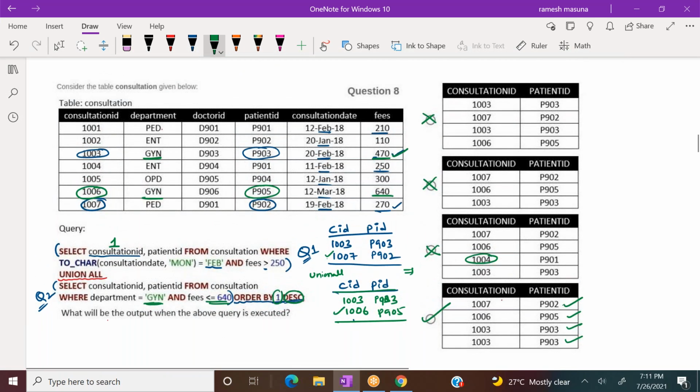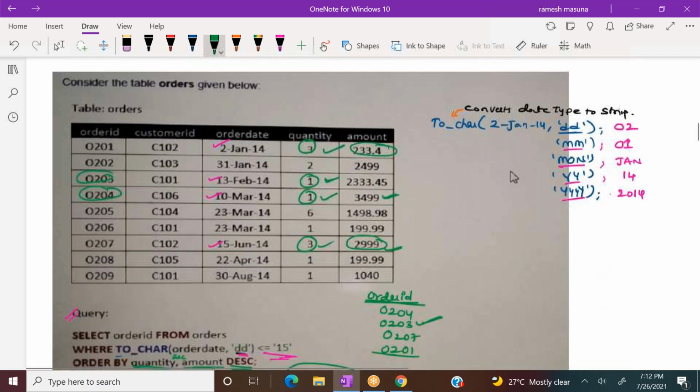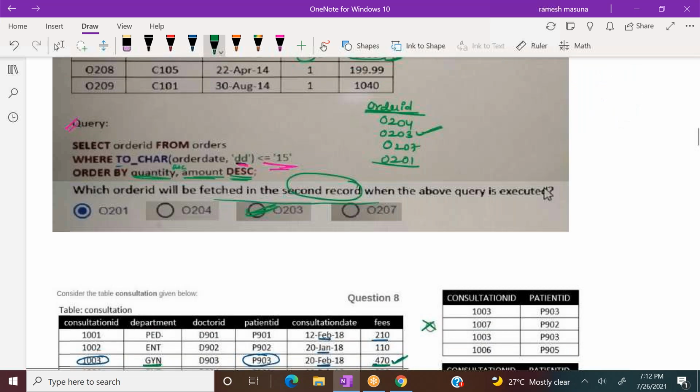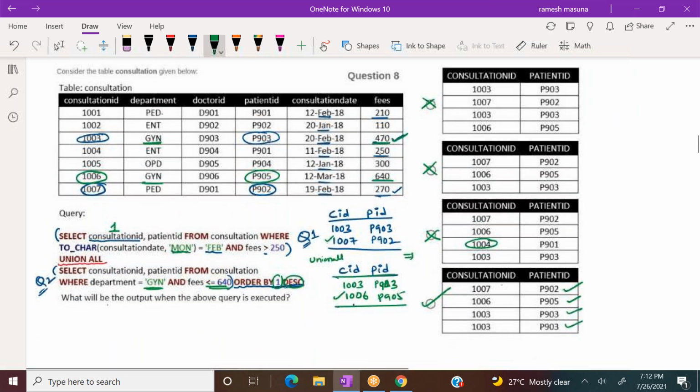In the last class I told Vamshi, what are you listening to, I don't know. What is MON? The date format is to be converted into 3 letters of the month. Look at the last question in the last class, it is this one only. Here in the date format, if it is MON, it gives the 3 letters of a month. Vamshi, listen to me and revise at frequent intervals.